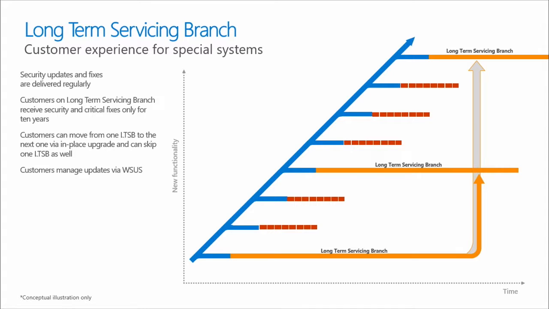It would have the current set of Windows functionality and nothing more would be added until you leap forward to the next current long-term servicing branch release when it comes out. So you're basically committing yourself to staying with that set of functionality for as long as you want, up to the full 10-year or so life cycle that we have for the long-term servicing branch. But you also then can choose at various points to upgrade to a later long-term servicing branch to get new capabilities. Maybe you skip one, depending on where you're at in the cycle, when you deploy, when the new ones come out. You might even skip two.